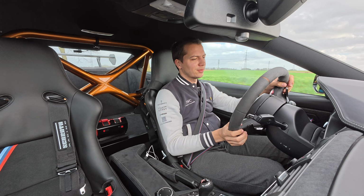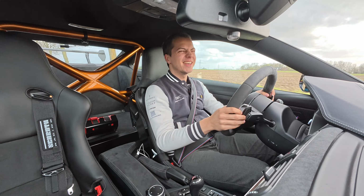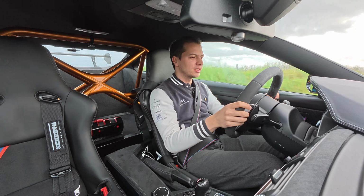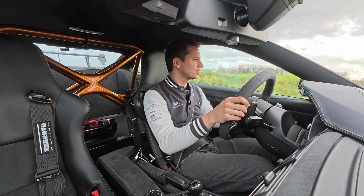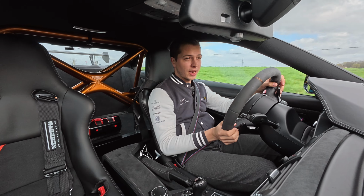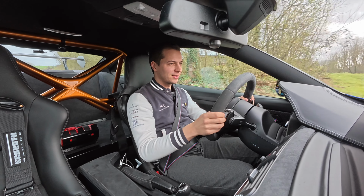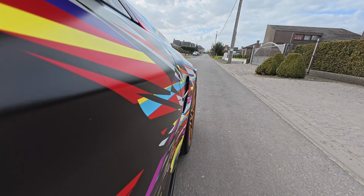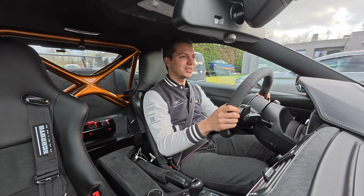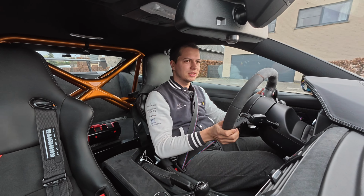Let's go. I've been driving it now and oh, it is something special, this M4 GTS. Oh, the engine is so alive in this, and the dual clutch. It also comes with the titanium lightweight exhaust, which really livens up the cabin, especially as, as you may or may not see, we have a roll cage in the back here, which yeah is really cool. And there's no back seats as well. Everything is super Spartan. We have these lightweight